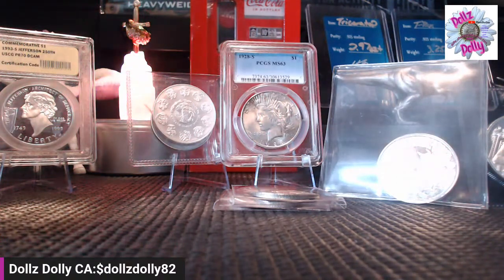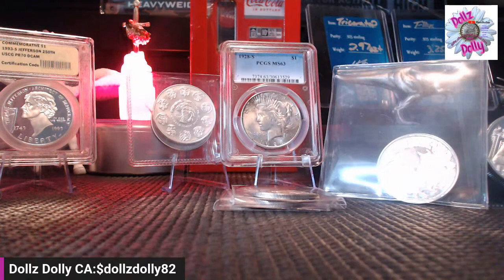All right. So we did the 1894 at 1,148,000. That's the next key date. So I'm just going to kind of go over the key dates real quick. The next key date is an 1895S at 1,108,086 minted. The next one is the 1896O at 924,000 minted. And then the next one